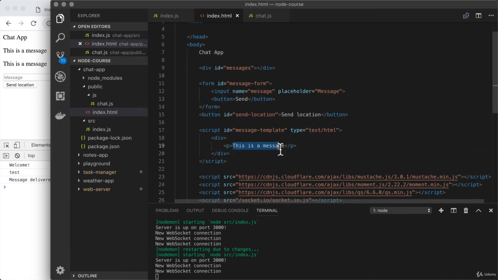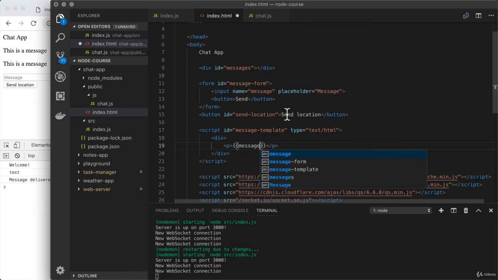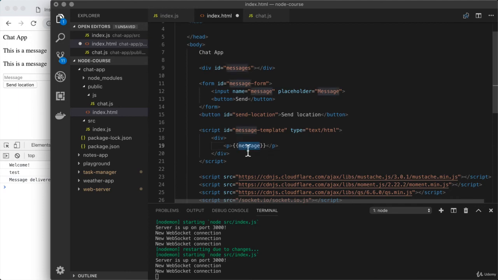value. For us, we're going to clear the paragraph tag of any static content, and we're going to put the message right here. Then we open two curly braces, and we close two curly braces. Inside of there, we reference one of the values we pass in. Now, we haven't passed any values in yet, but we're about to, and we're going to call that message. So right here, we can go ahead and put the message right inside of the paragraph. So when the Mustache library actually compiles this template, everything I have highlighted will be replaced with the value for